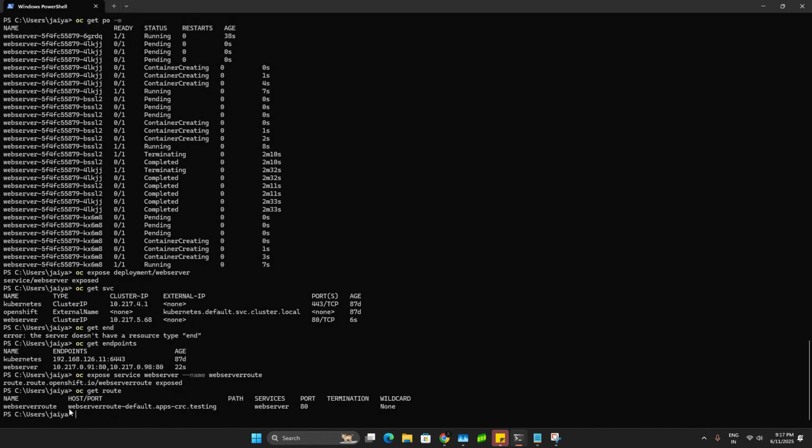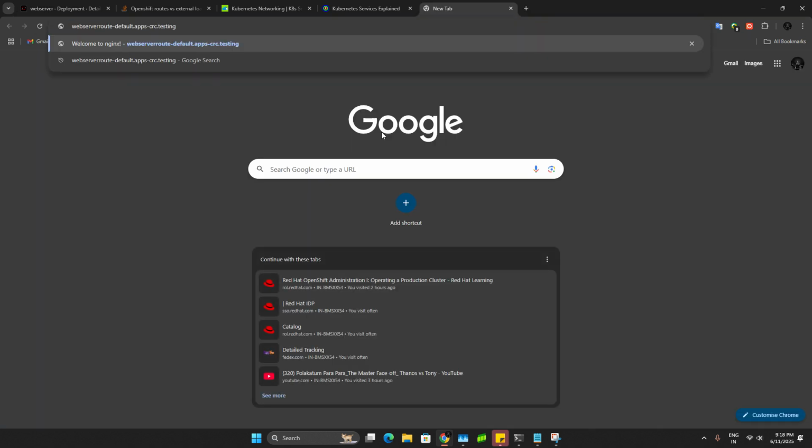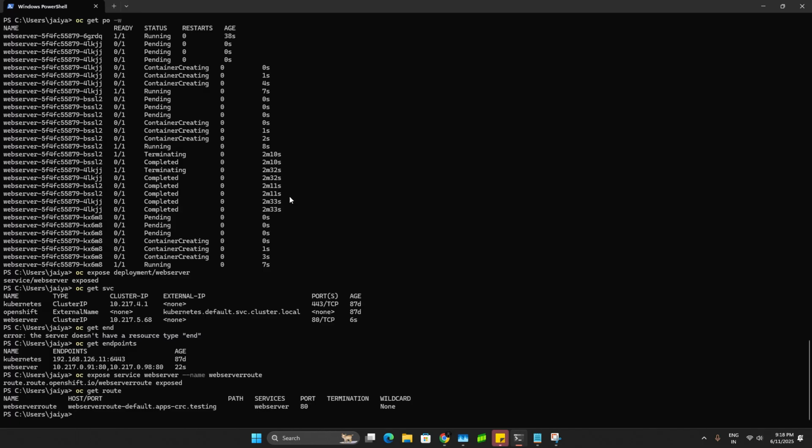See, this is the route host, running on port 80, service mapped with web server. This is the name of the route, and we copy this and go to the browser, and if my luck is good we can access it or we can't. Tada. Yeah, we are able to access the nginx pod which we are running. These are multiple nginx pods, and if we hit continuous traffic to this pod and give that condition in the deployment, it will create multiple replicas, or else they will hang, or it will crash.